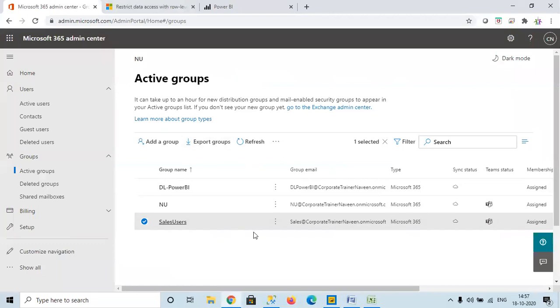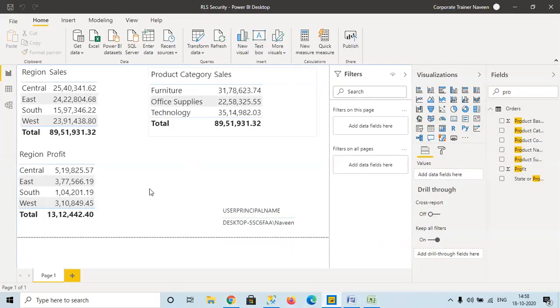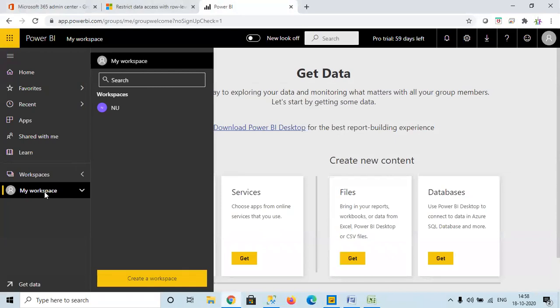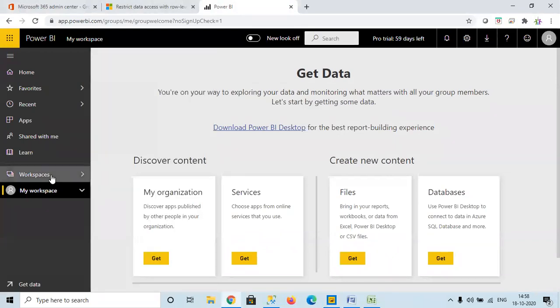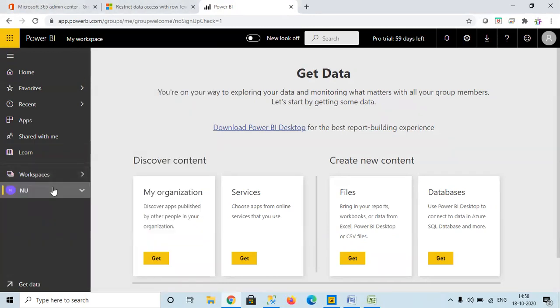Here I'm showing you, to explain practically, adding one more user. But usually, from a developer point of view, we have to do this one only. Done. It is already done. So roles are done. Then when we publish it, there is one more thing we need to do from a developer point of view. So what is that we need to do?